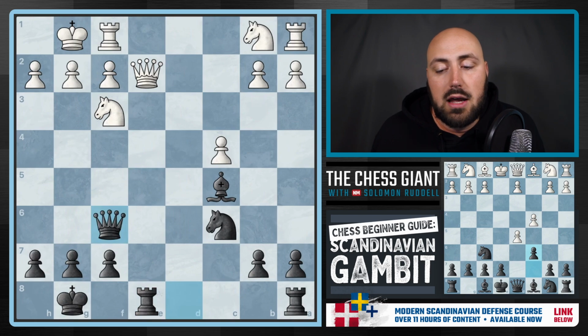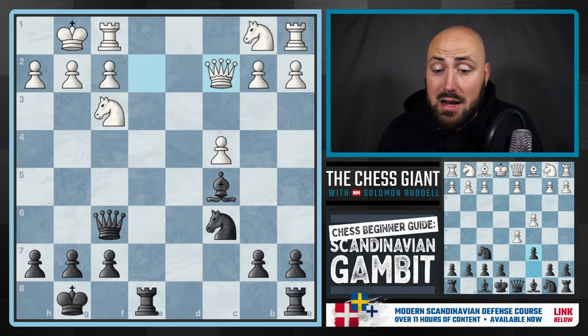White has a very uncomfortable game. Queen c2 is by far the best move for white. Anything else, black has a clear advantage. But we have great development, great activity, and there's a lot of moves here that we could